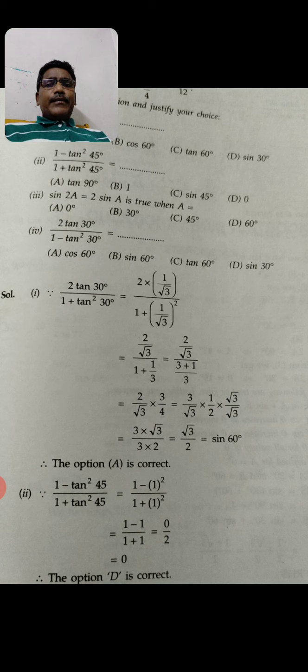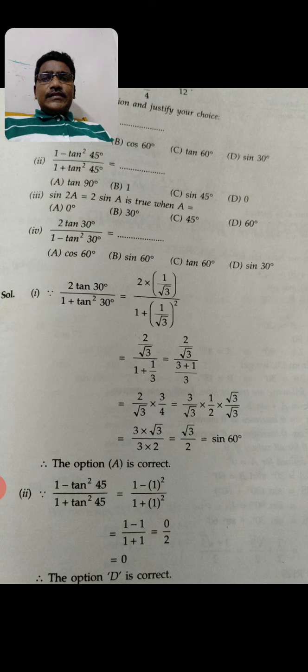So okay, 3 upon root 3 into 1 upon 2 into root 3 upon root 3. Why have I written root 3 upon root 3? Here in the denominator root 3 is there. In mathematics, never are roots present in the denominator. To remove that, what can we do? Rationalize. To remove root 3, we are multiplying and dividing by root 3 only. Then finally, we are getting 3 root 3 upon root 3, 3 2 is 6. Clear to you? So here 3 is going to be cancelled and root 3 upon 2 is left.